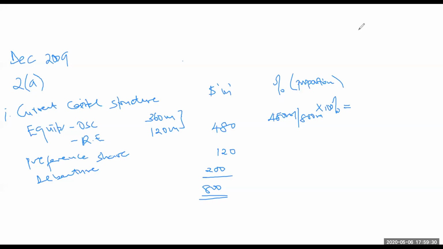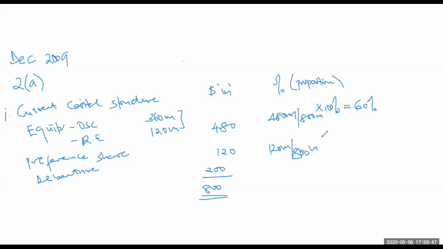Okay, and we get 60%. That is for equity only. Then for profit share, it is 120 out of 800, so 120 million divided by 800,